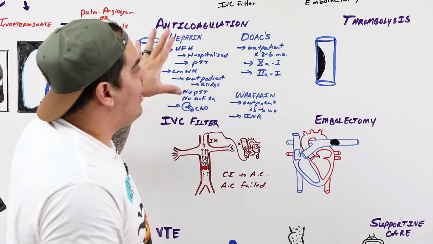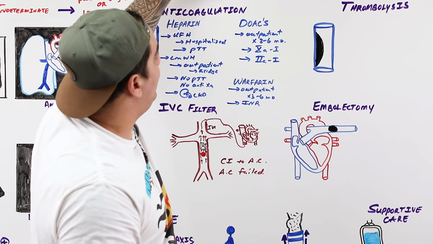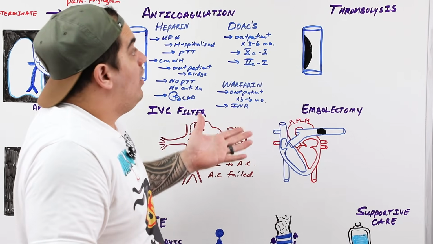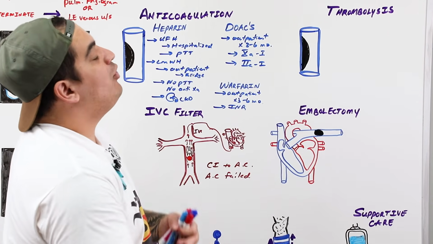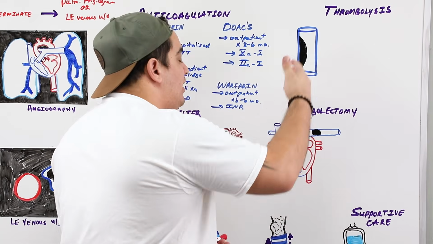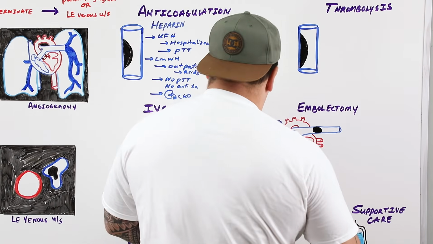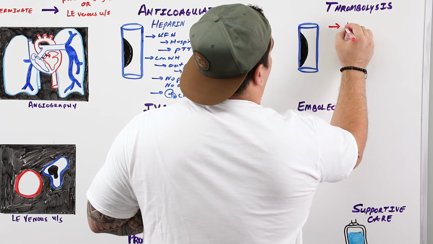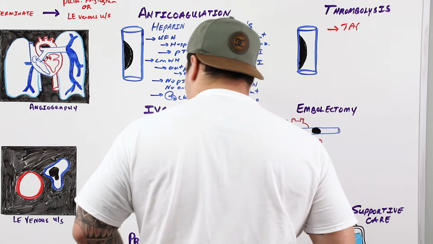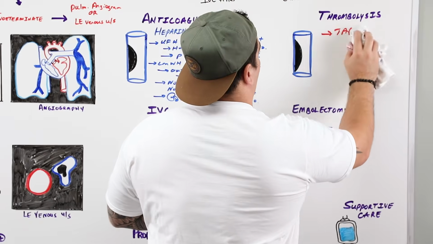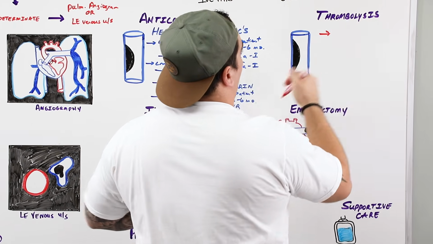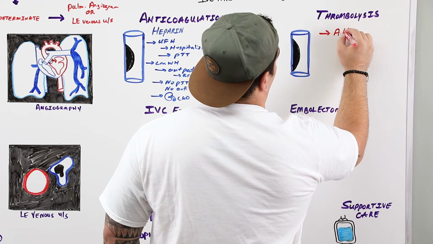Okay, now that we've got that done, we've covered the hemodynamically stable side. Now we have to cover the unstable side. It's really simple. Thrombolysis: if they're hemodynamically unstable, you give them the TPAs. TPA, generally, you give them what's called alteplase. There are different types of thrombolytics, particularly TPA types, but alteplase is kind of the most common one